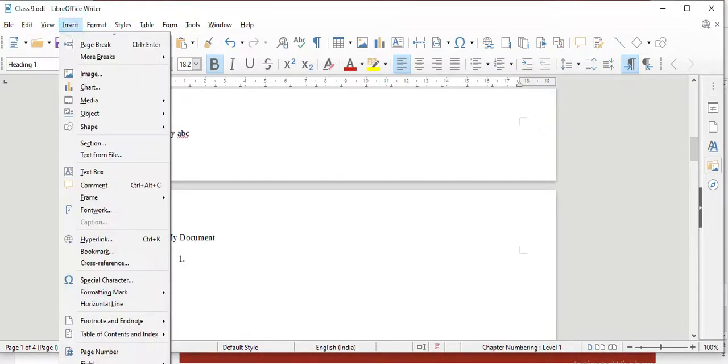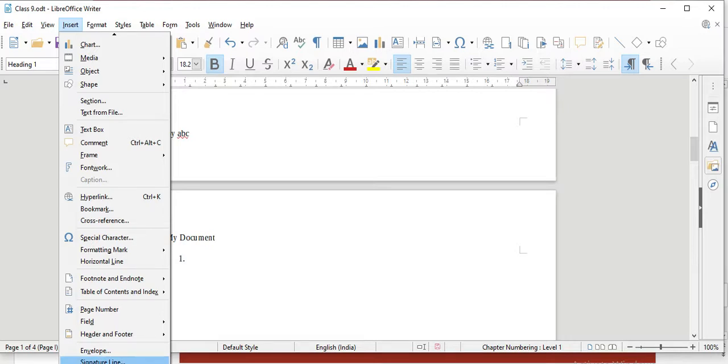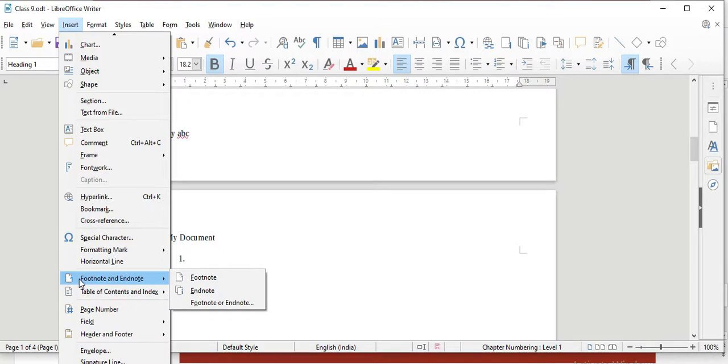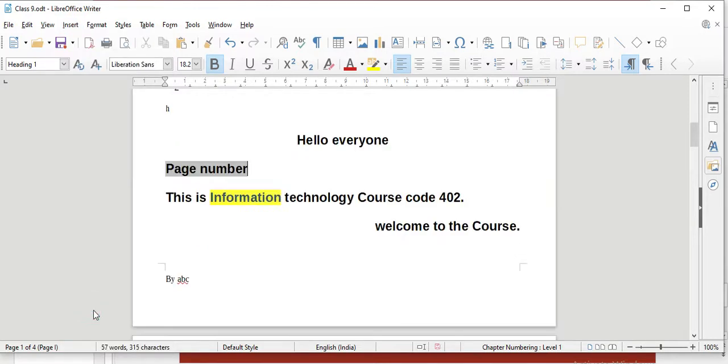Here in Insert also, when you are going down, you will see the header footer option is there. From here also you can select the Use Header and Footer menu. You can change and add the header and footer in your page by clicking the page number.